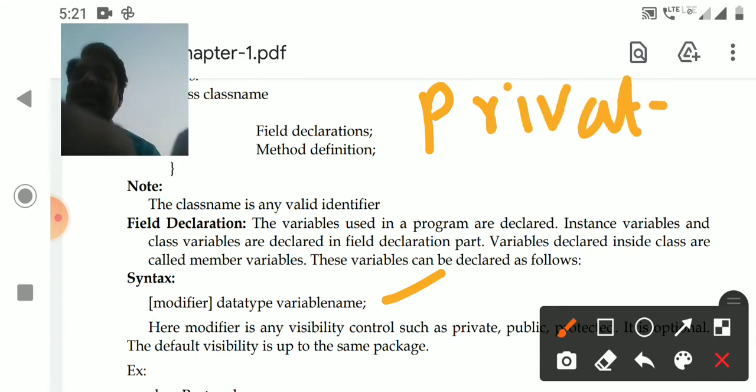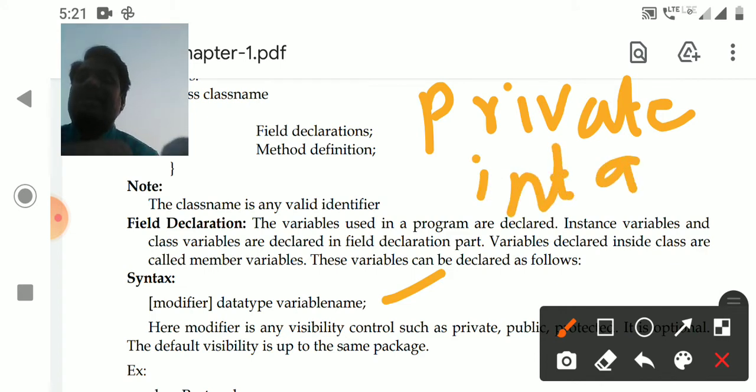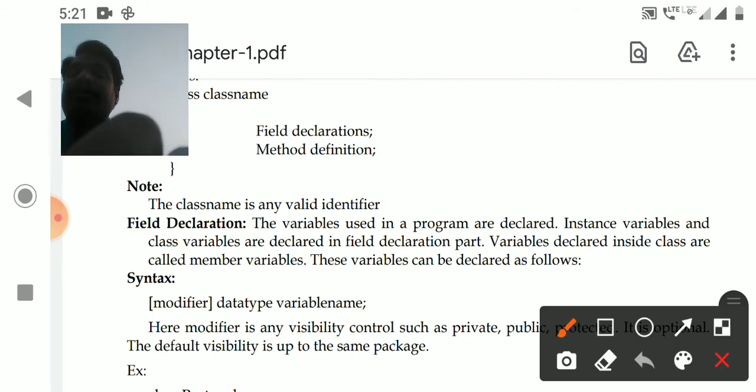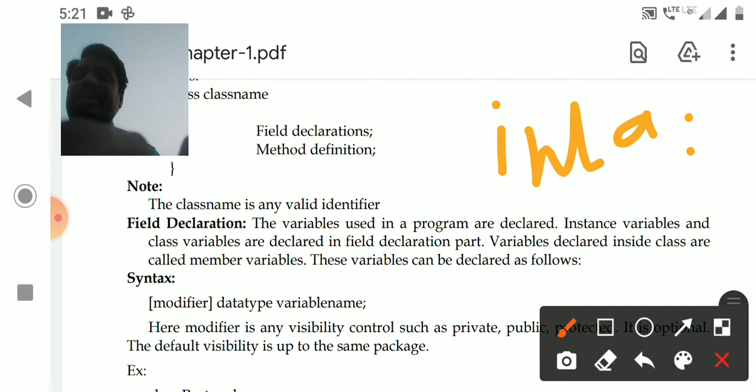Then later we declare all the variables inside of the class, integer A, integer B, like this. That is how it is declared in C. But coming to Java, every variable must have a separate access modifier, integer A comma B. Whether it is public or private, we have to specify it before that.